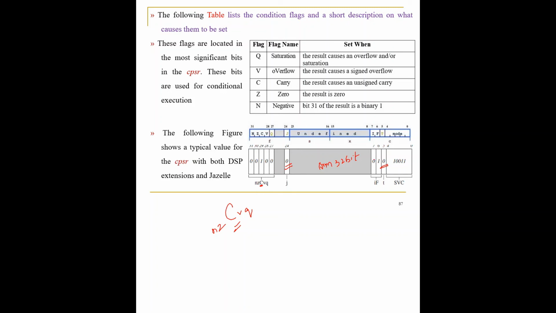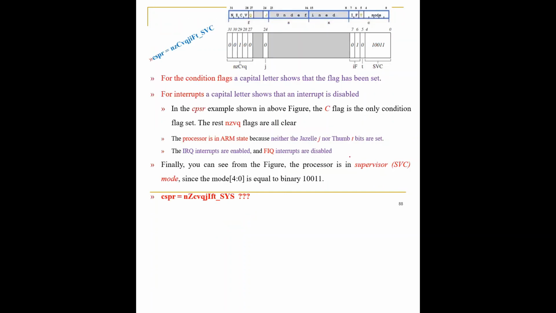So by looking into this particular CPSR, you can say what is the status of the flag, what is the mode in which it is going to work, whether it is going to accept the request or whether it is going to disable the request, or whether the interrupt request and fast interrupt request have been disabled. All these things can be predicted by you. See, one more example has been given here. NZCVQ. So here it's the same thing. C is capital. Carry flag is generated. That indicates that C is capital. Other than that, all the things are as explained here.